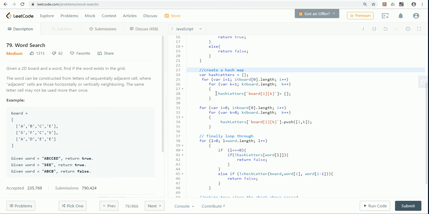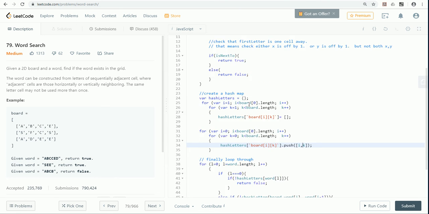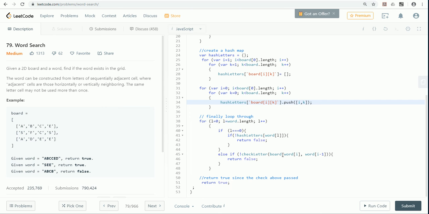So what I was planning to do is first create the hash map called hash letters, and then I wanted basically an array of coordinates that I was going to put into here. So first I wanted to create the array. Then I wanted to push in each of the coordinates, which consisted of where it's located at. And finally, once I had the hash map, I could send it into the function, which I wrote incorrectly here, hash,